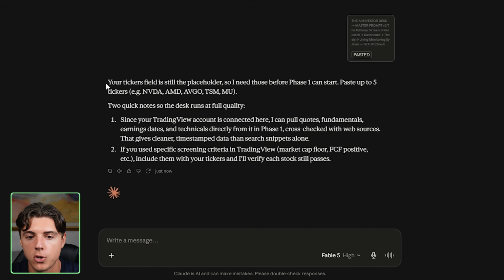So it says here, your tickers field is still the placeholder, so I need those before phase one I can start. Now it just gives me, in general, some of the stocks that are already on my list that we created with TradingView's AI. So what I'm going to say is simply use these same ones as well to just kind of make the process a bit simpler. It also gives me 2 quick notes, which is that since my TradingView account is already